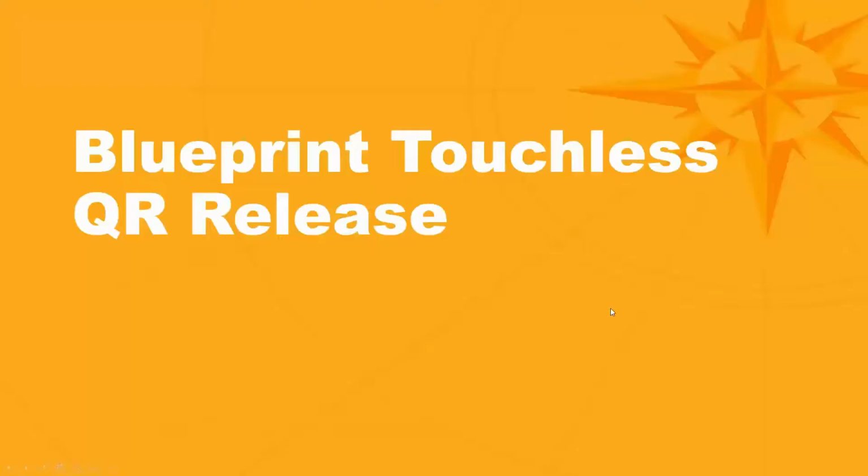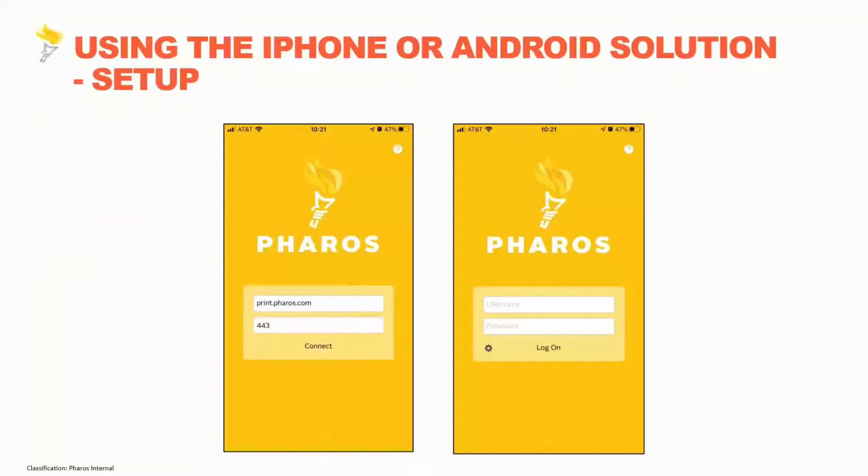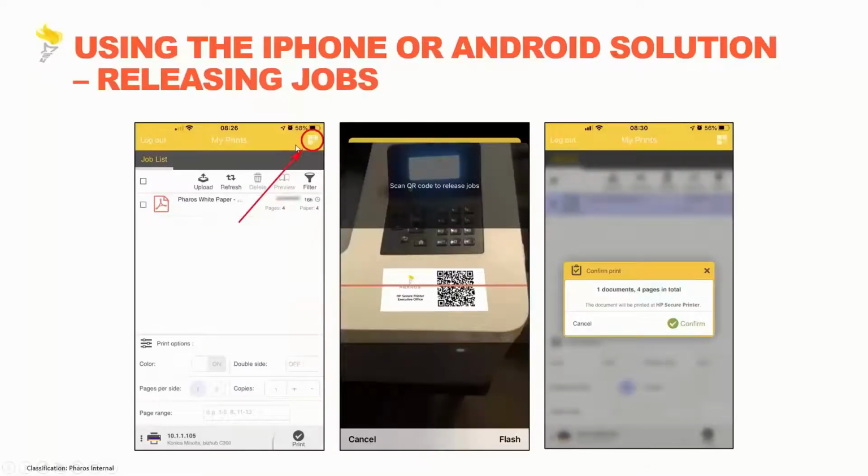I'm going to switch over to Blueprint now. Blueprint's a very similar workflow. Again, almost identical app in that sense, we have the Pharos print app. We're going to connect to the Blueprint connection. We see a very similar interface in this sense as well. We have the same option of being able to choose that QR release mechanism, going up to a device, scanning the QR code. And then we do get a confirmation box here,